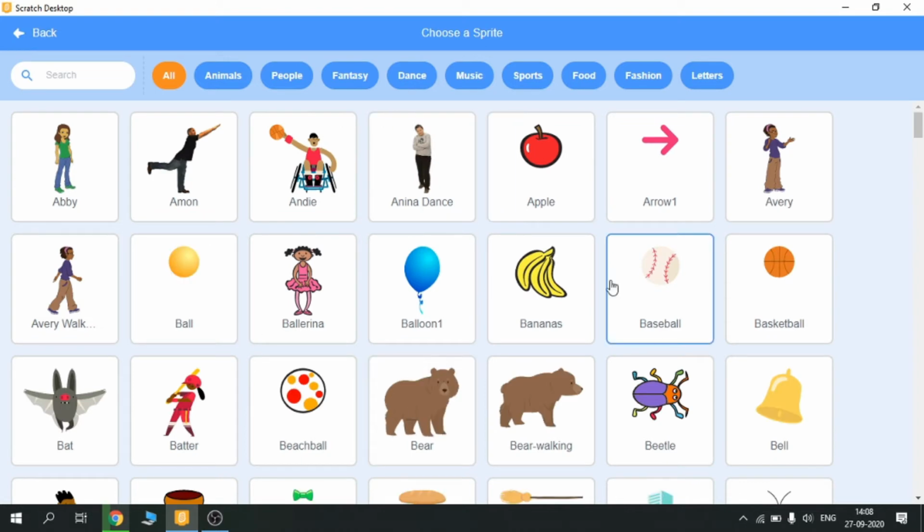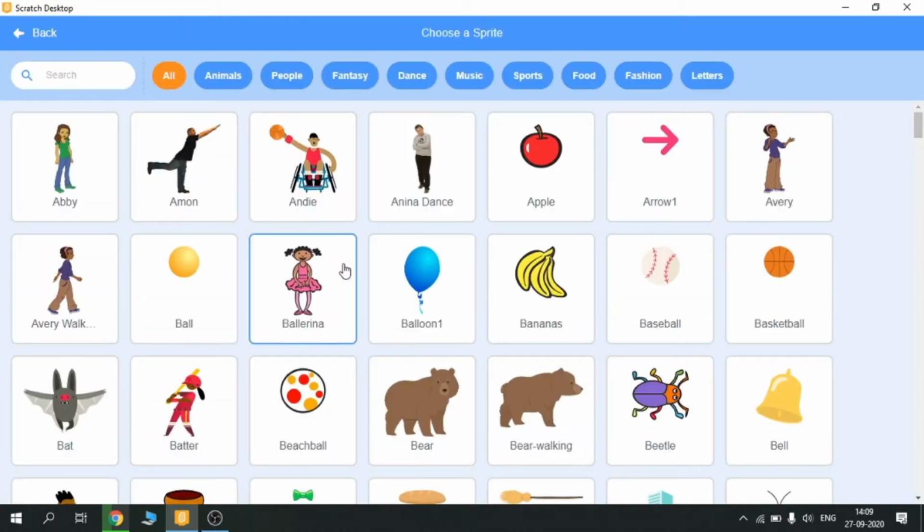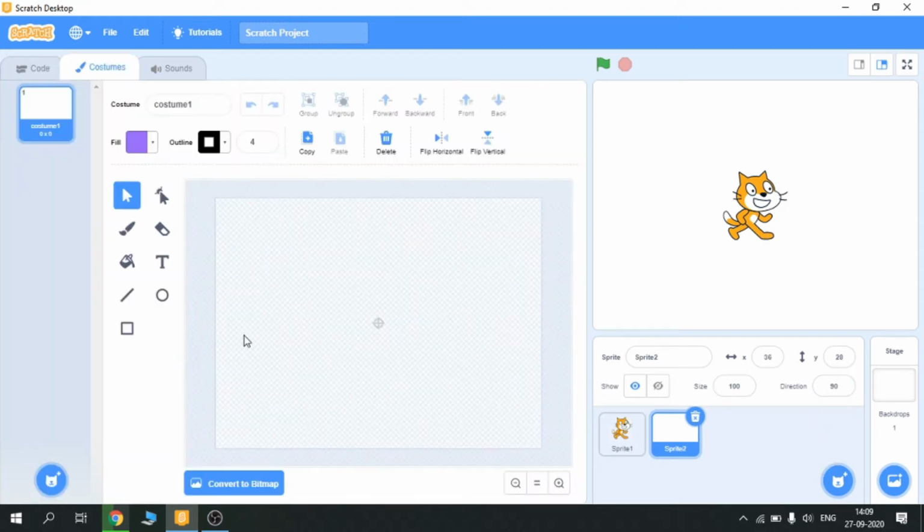These all are the sprites which we are going to use in Scratch for our projects. When you hit this button, you can search the sprites which are already there, and if you want to paint a sprite, you can go to this button and paint your sprite. Here you can draw anything you want according to your need.